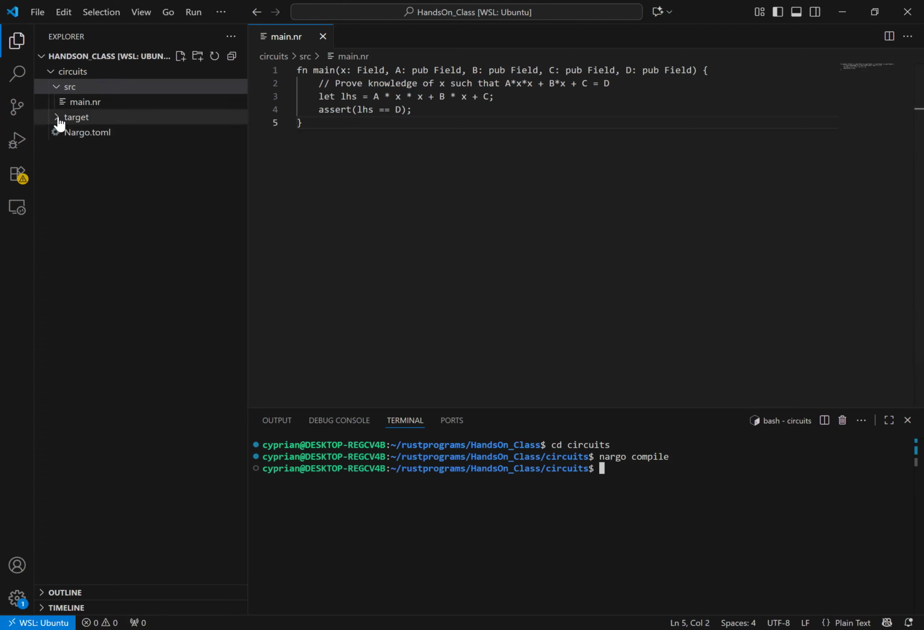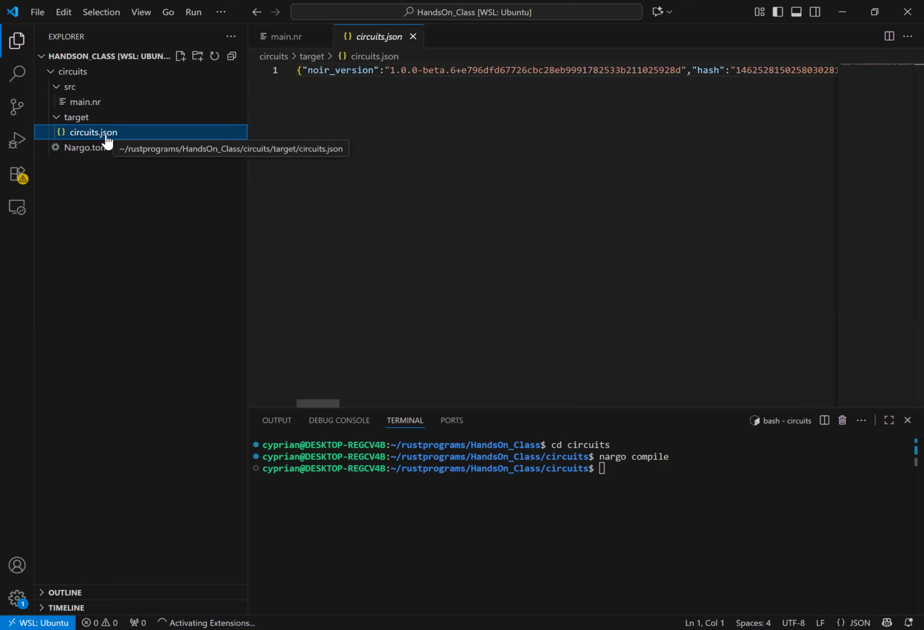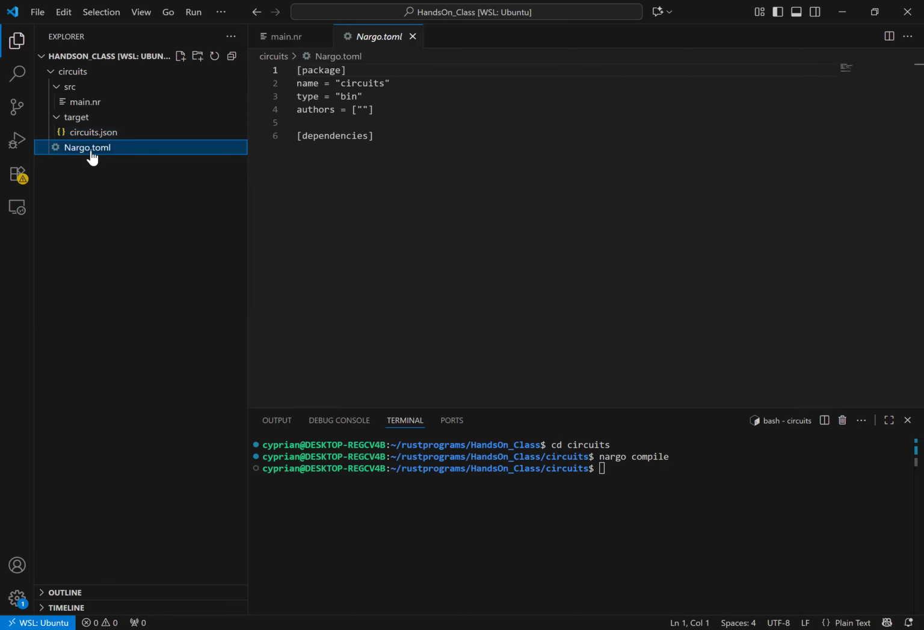And when you do nago compile, you will notice that there is now a target, and that JSON we talked about is here. It's called circuits.json. It's called circuits because in our Noir Nargo.toml, the name of our program here is circuits. If you want, you can change it